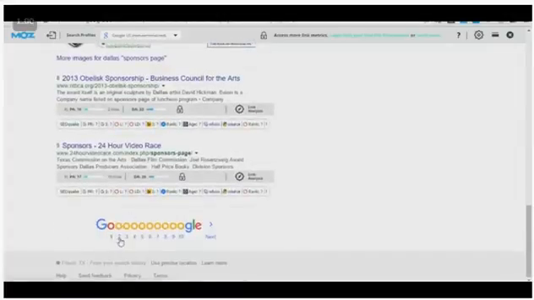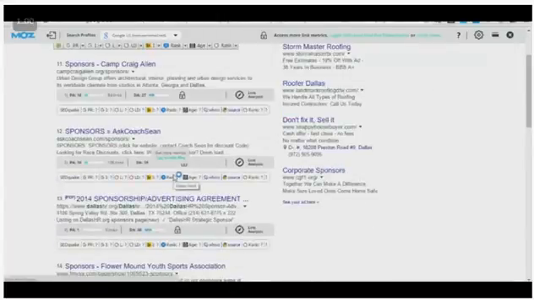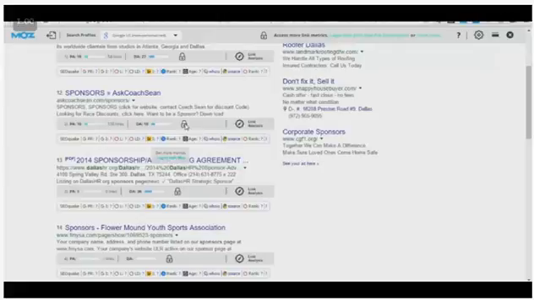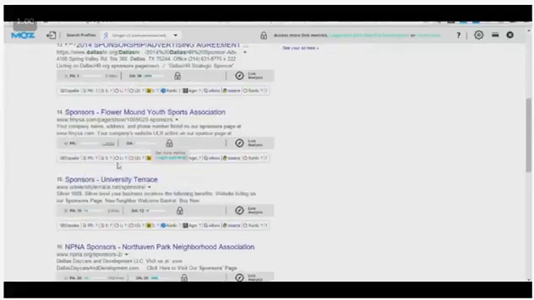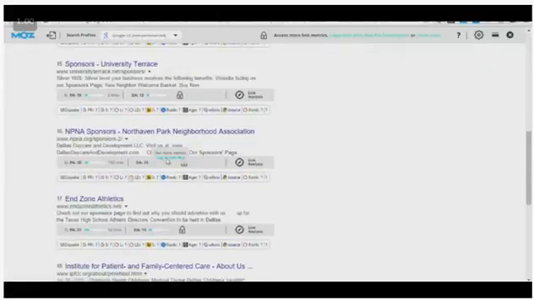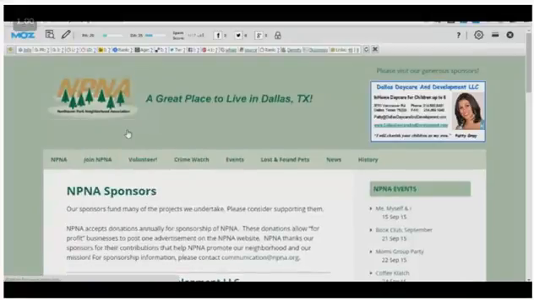33, okay? And you may have to spend a little bit of time looking through these, all right? I'm not telling you you're going to find one in 30 seconds, okay? But if you look through, you're going to find links in here, okay? And the great thing about these is that typically they pretty much stay forever, right? Pretty much once you have a sponsor page for an organization, most of the time those pages stay up forever,